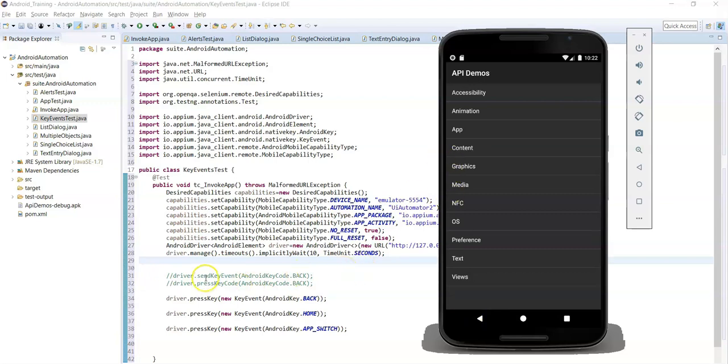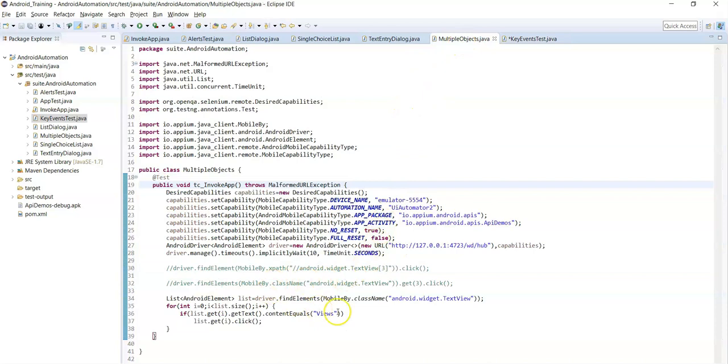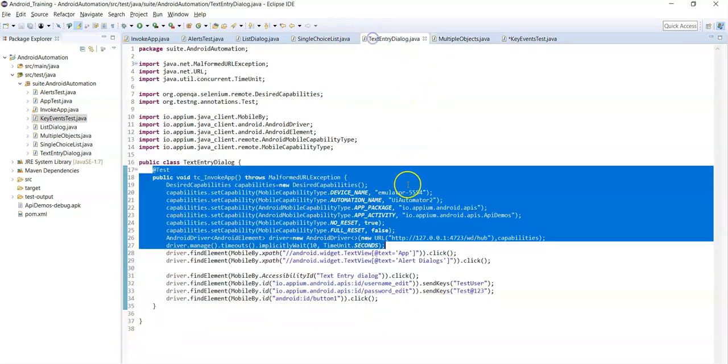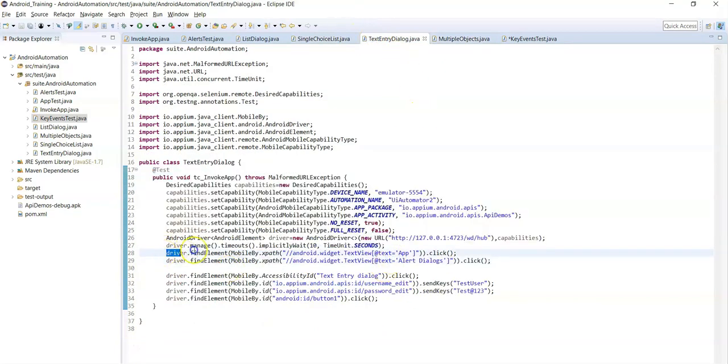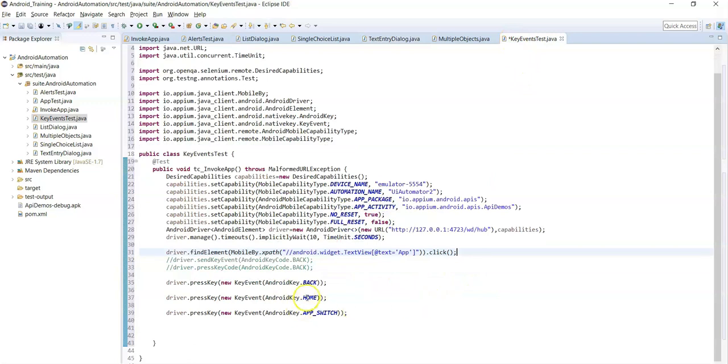Now let's see how to handle this back button. First we need to click on app name, so copy the statement from previous lectures, app name, and then click on the back button. So comment this one.